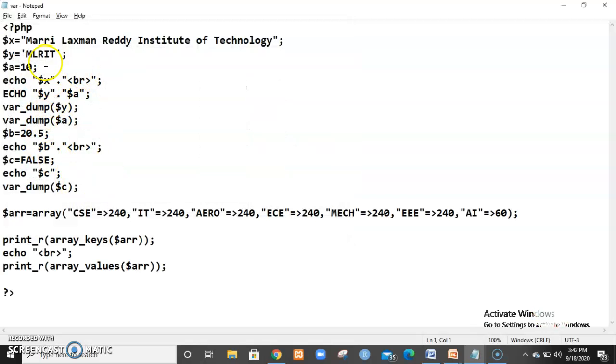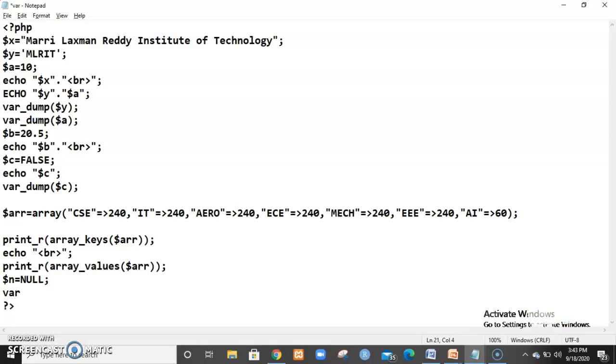So here let me declare one with null. So $n is equal to, say, null. Null is the data type which is assigned where there is no value to declare for the variable.